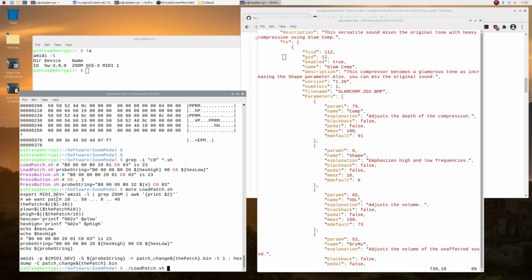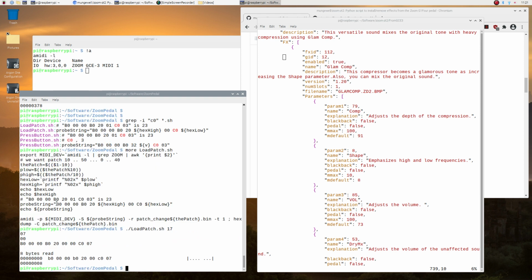So if I say dot slash load patch 17, that will load the patch. So that's now told the little box in front of me, which we can't see, hey, move to the Jacko patch. I don't know why I'm getting muddled with a South African guy. Sorry about that.